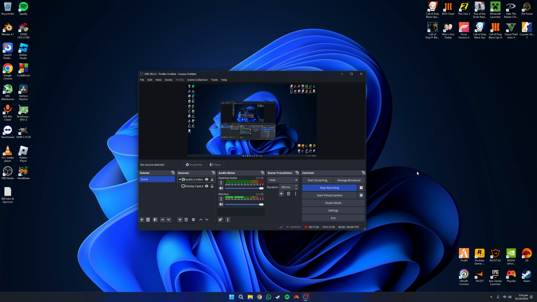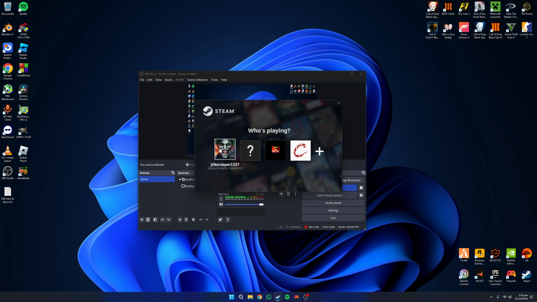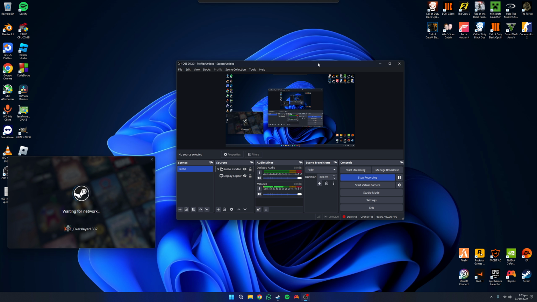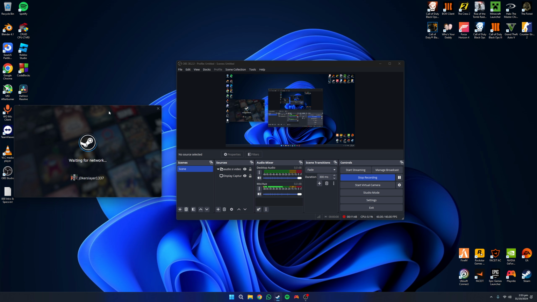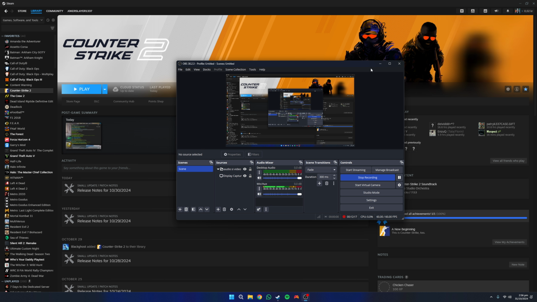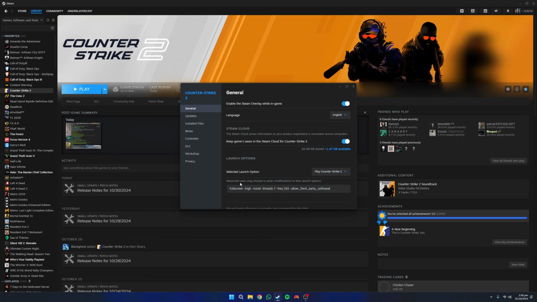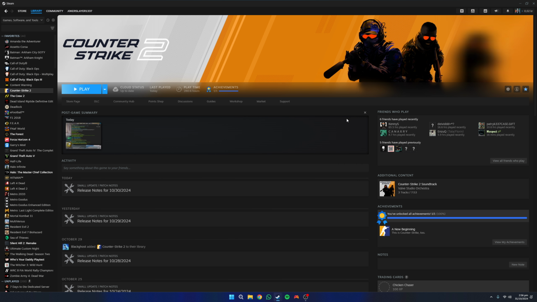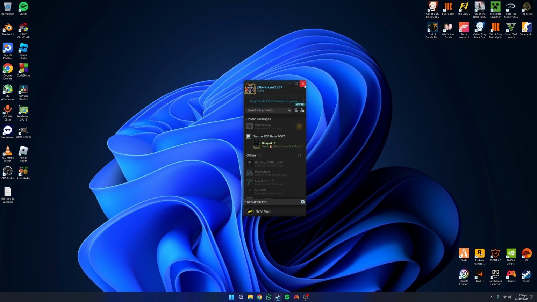It works just fine. Also, for games like CS2, where if you want to have Afterburner working or OBS record, I'll show you what to do right now. So let's just wait for Steam to boot up. However, you can just right click on CS2 properties and just write this here, -allow third-party software. This will let Afterburner or OBS, if you're recording Counter-Strike, to work with the gameplay, which is really nice, because sometimes, you know, there are games that don't work, and CS2 is one of them, so you just need to